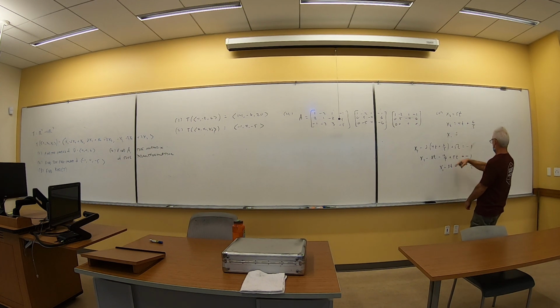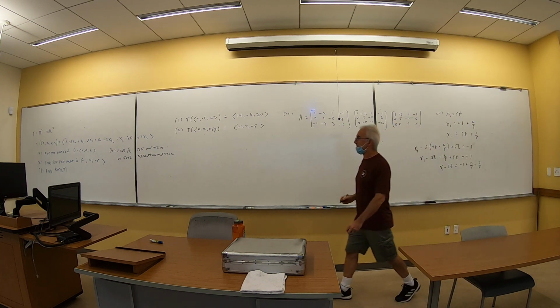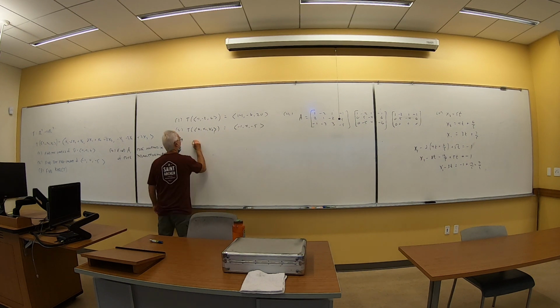So what do we got? 3t plus 7 fifths, is that correct? I mean, it's not pretty, it's what it is. I don't have any control over that part. So now it appears, this is still all answer to number 2, it appears any vector of the form